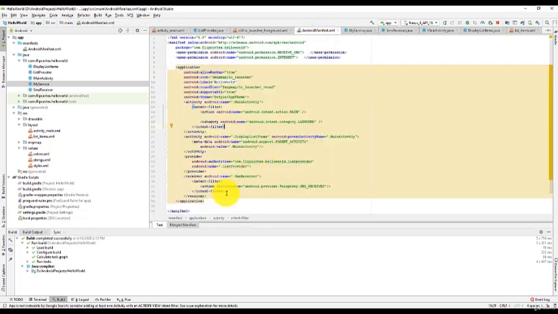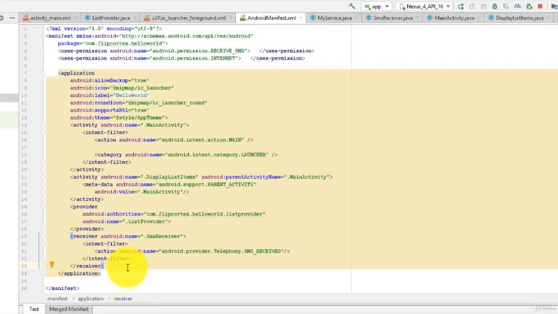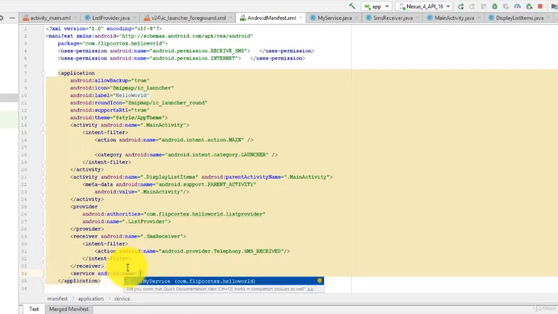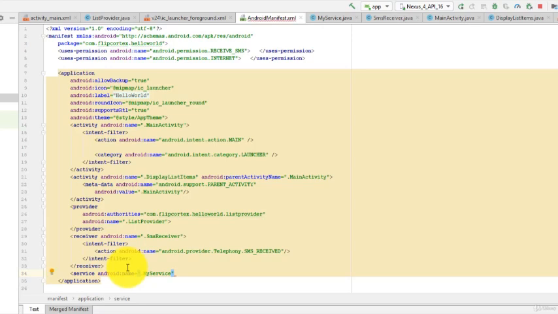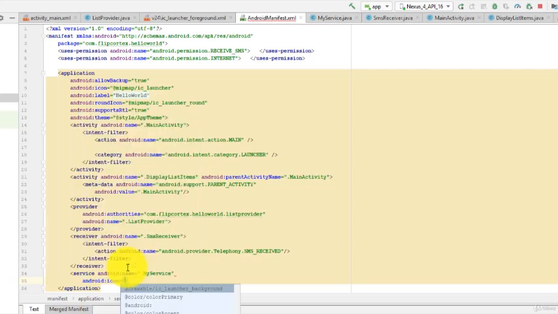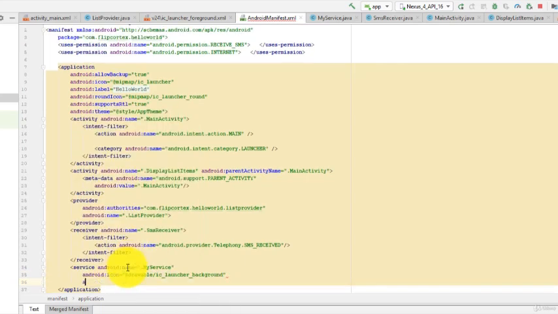So service, android:name equals MyService. Let's give it an icon. android:icon equals drawable IC launcher background, and a label. android:label equals string app name. Okay, so we just defined a service.